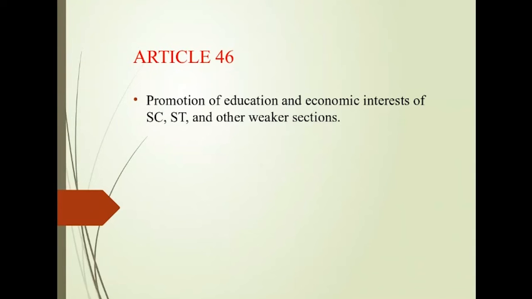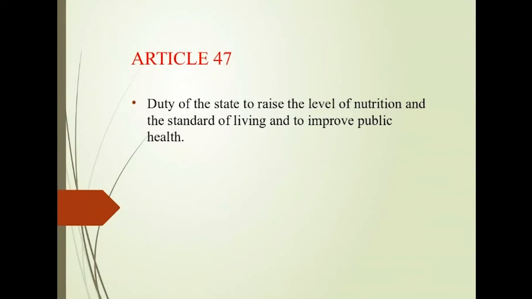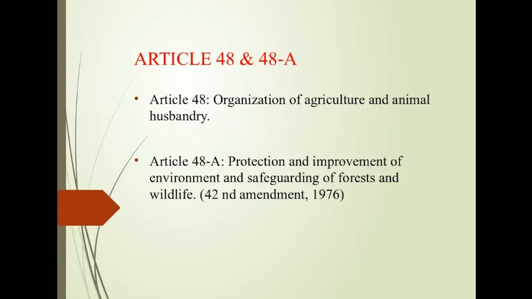And Article 47, duty of the state to raise the level of nutrition and standard of living and to improve public health. And Article 48 is about organizing agriculture and animal husbandry. And next is Article